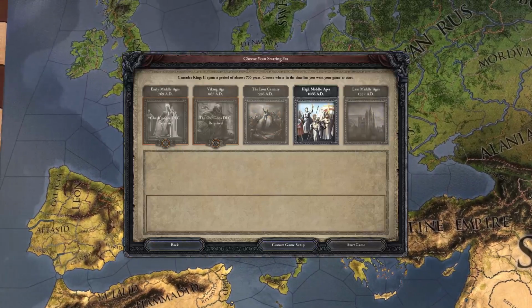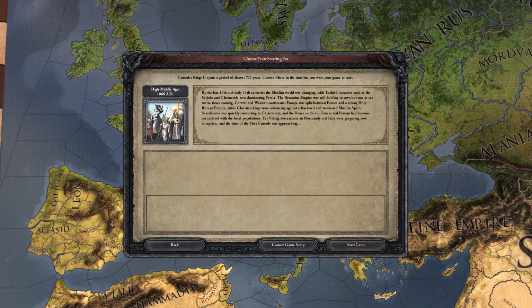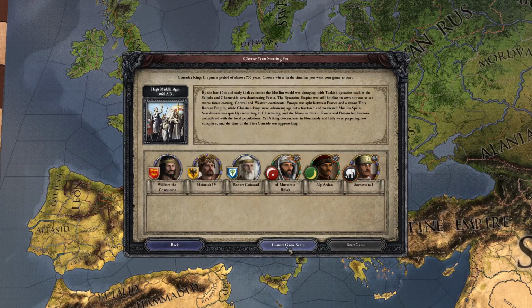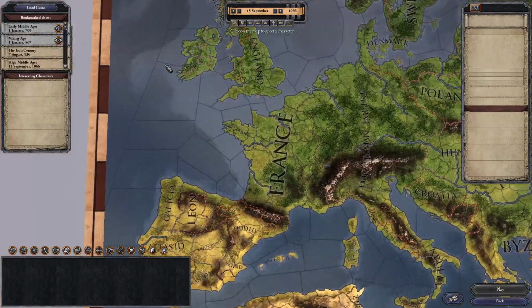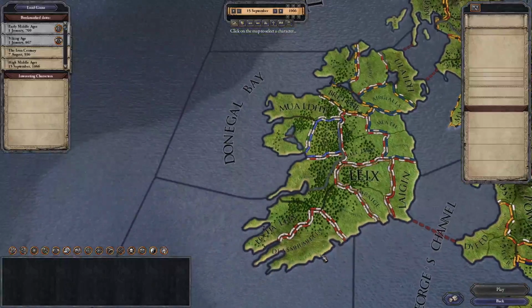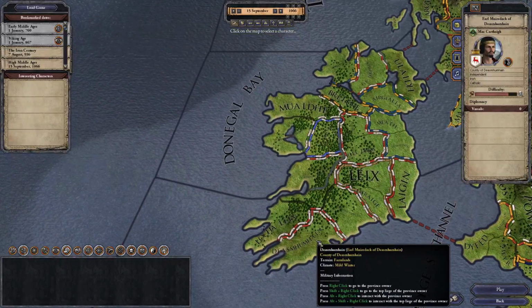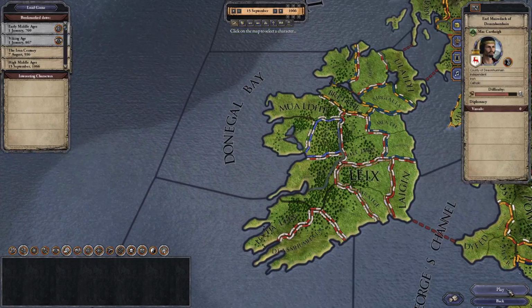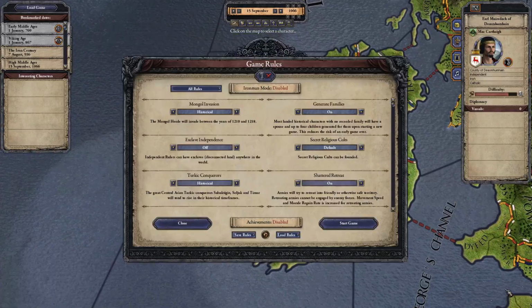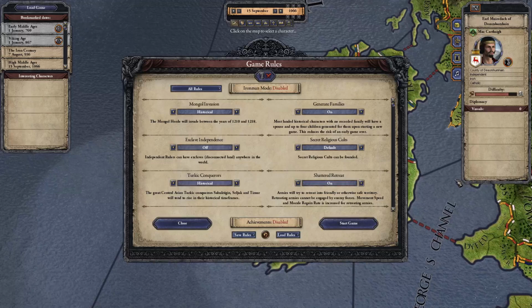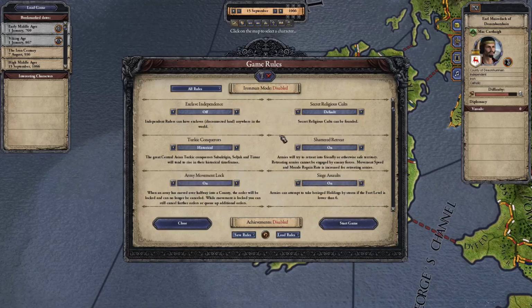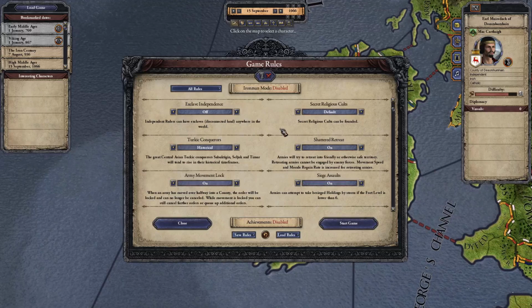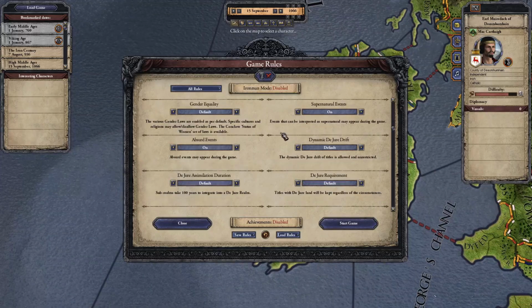I'm just going to start from 1066 and choose my own game. It's apparently quite common for newbies to start down here, so I'm going to start down here just to really show you how it's done, to be honest with you. The only things I can really think about changing here, I keep everything on as is. However, the only thing I will change is